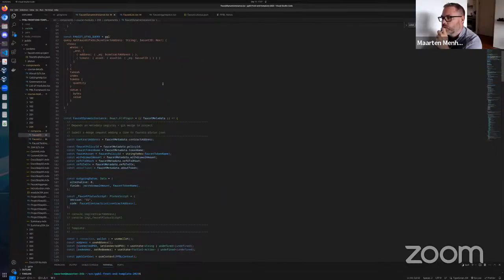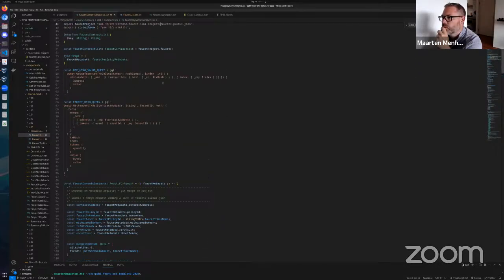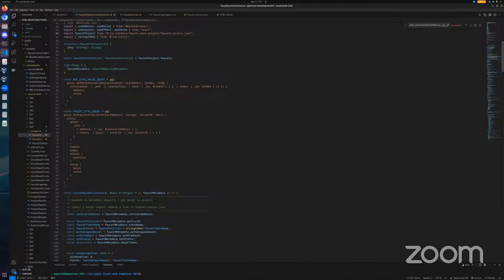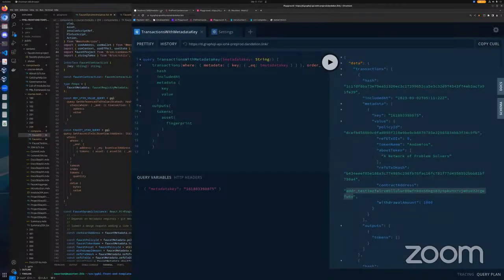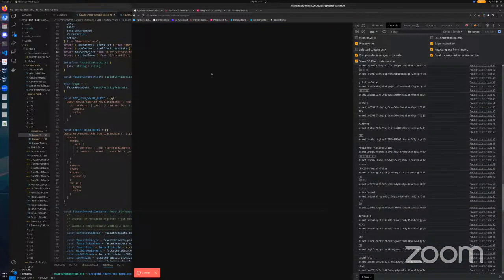So what's going on? Somehow, if we don't filter these transactions out, at least one of them is not finding the correct reference in that JSON file. Can you refresh the faucet aggregator in your browser?